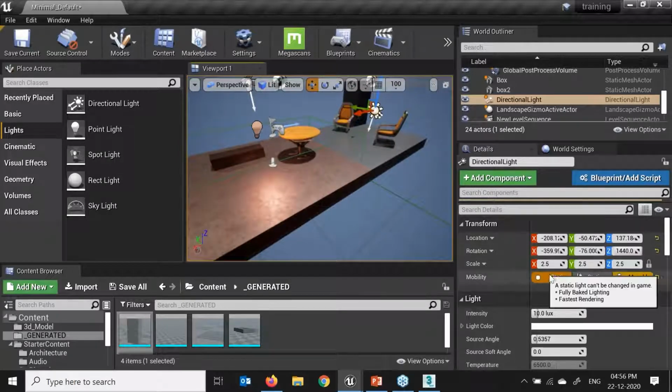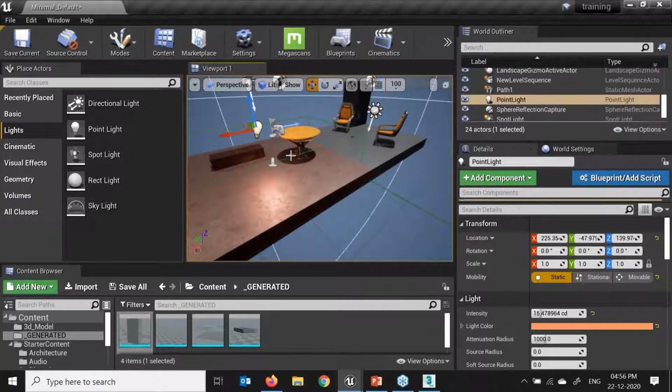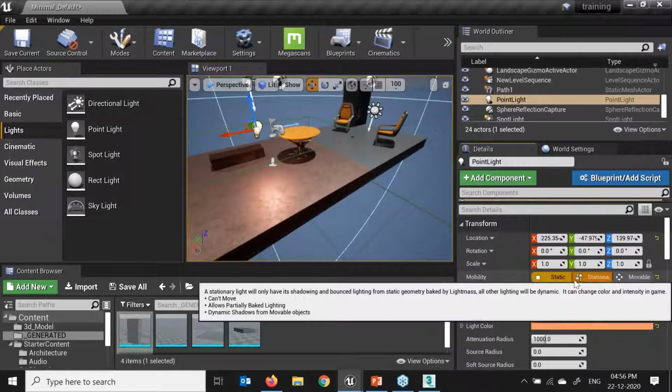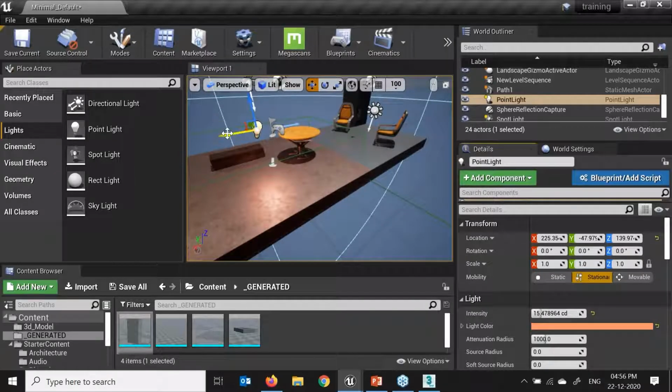If we want our light not moving, shadow fixed, and our characters are not going into that particular area, at that time we can use the static light. Stationary light, that is a mobility. Movable light, like a torch light, that is the movable light. If we are creating with the help of the spotlight, we have to make it movable light. This is the light intensity. Here we can play with the different light intensity, right?